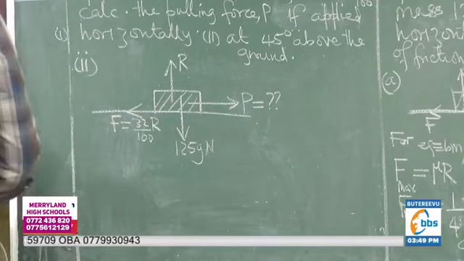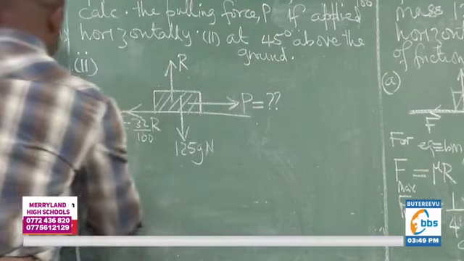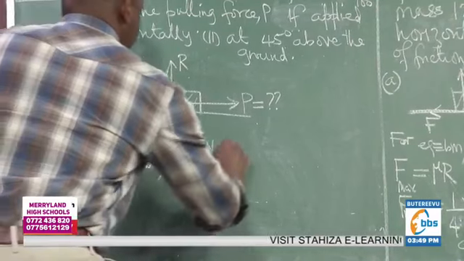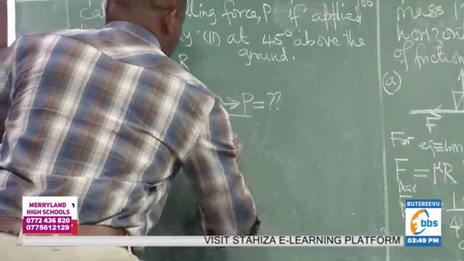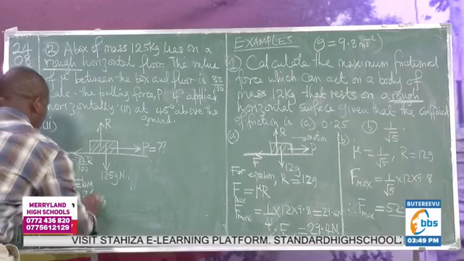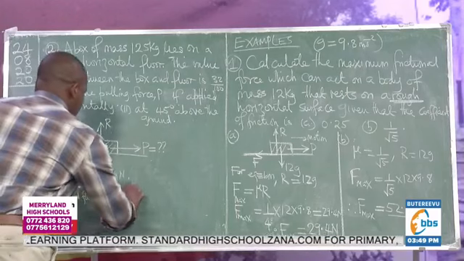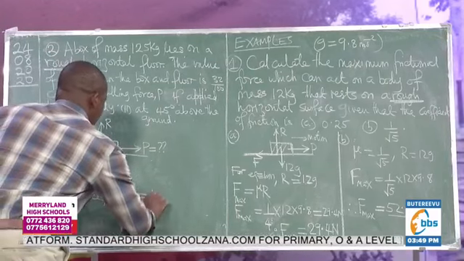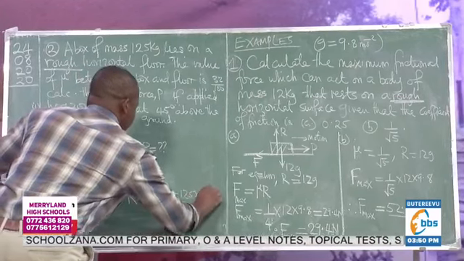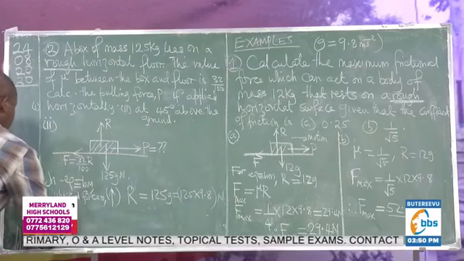In equilibrium, we already saw, remember we talked about limiting equilibrium, in equilibrium the upward forces imply that R is equal to 125 g, which we shall say is 125 times 9.8. And this is computed in newtons. And horizontal forces,